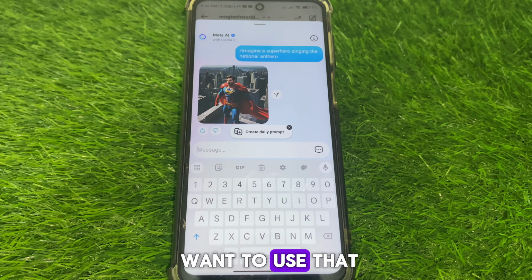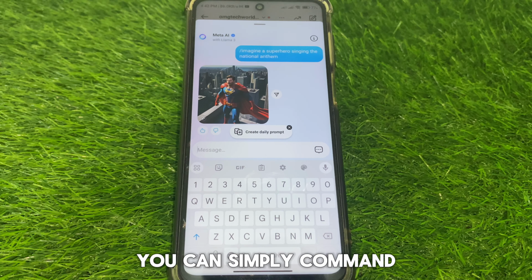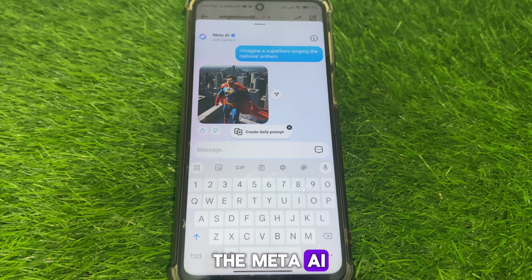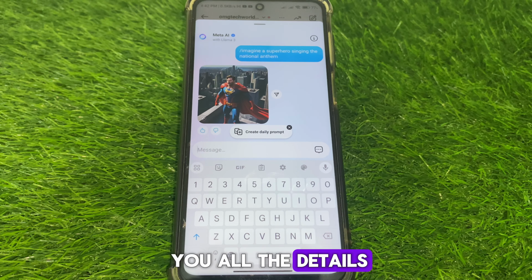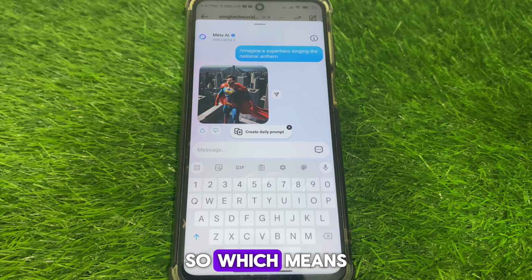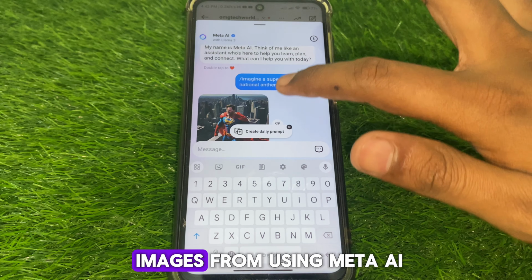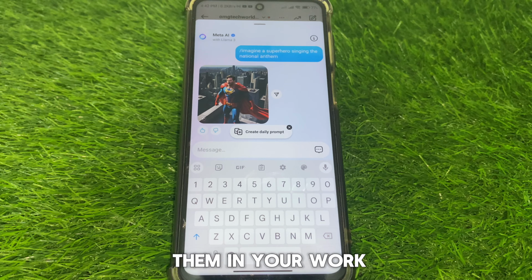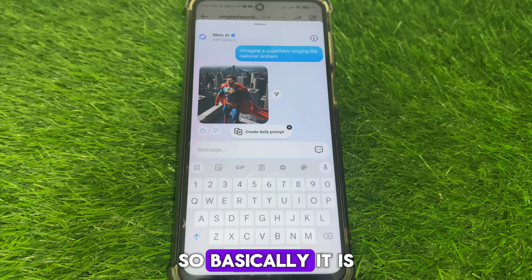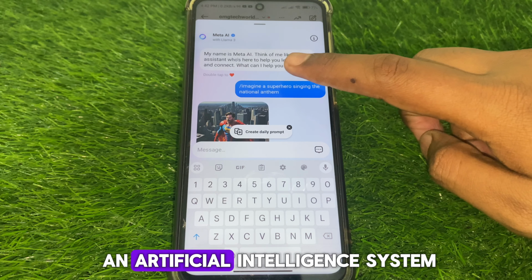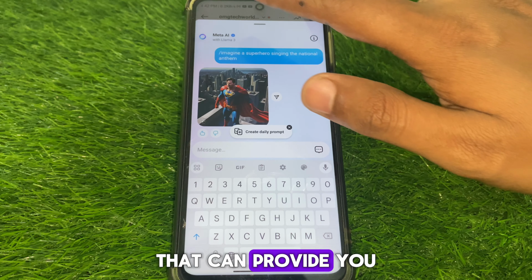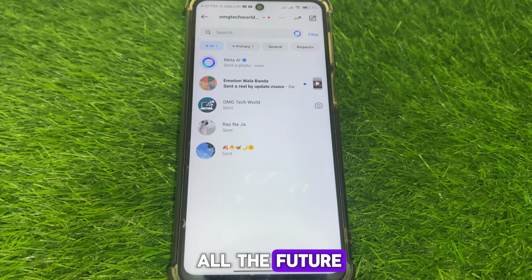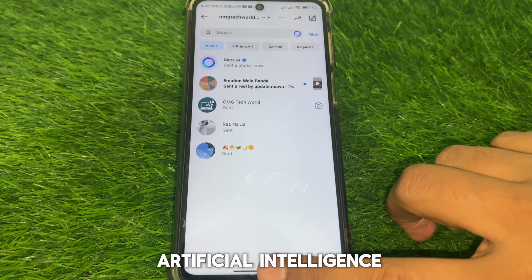So if you want to use that, you can simply command Meta AI and it will provide you all the details about that. So which means you can also generate images using Meta AI and you can use them in your work. So basically it is an artificial intelligence assistant that can provide you all the features which you want in an artificial